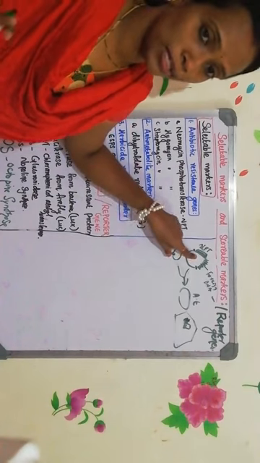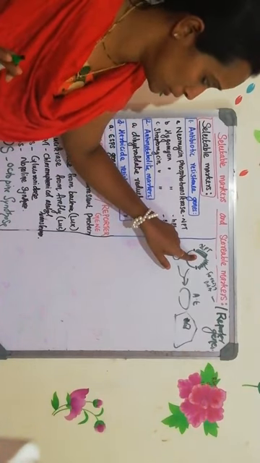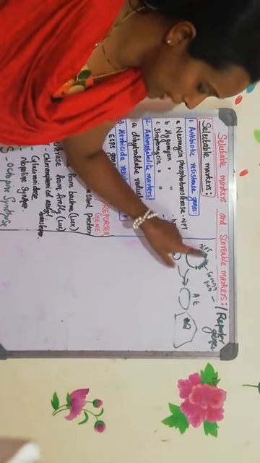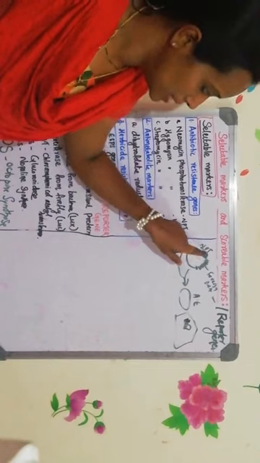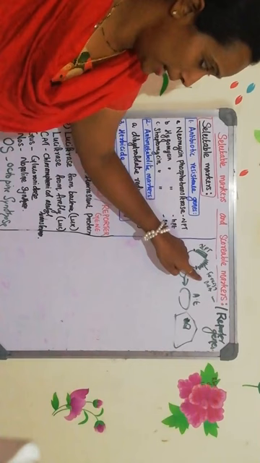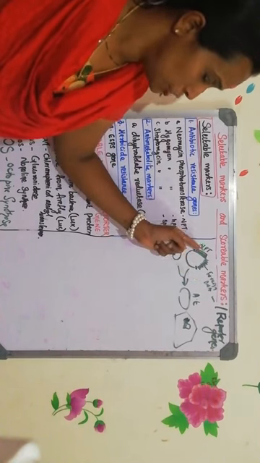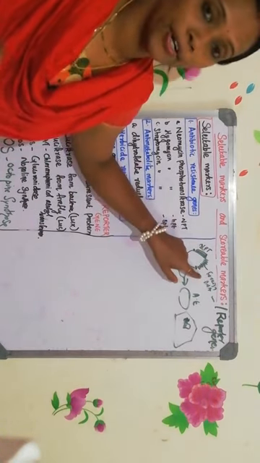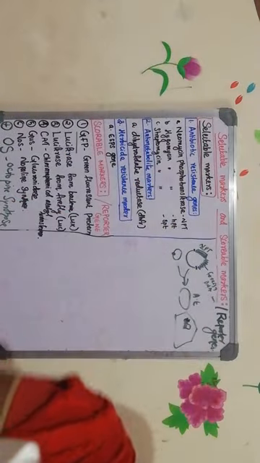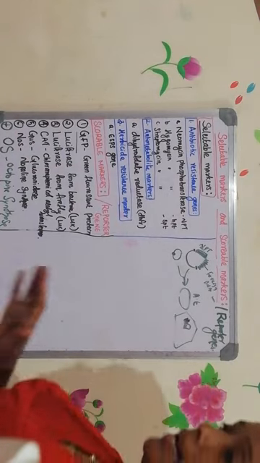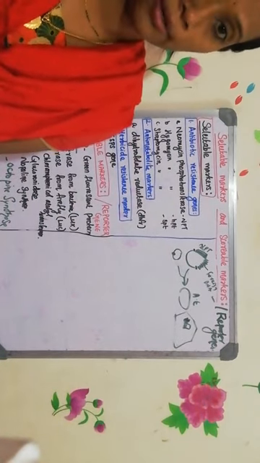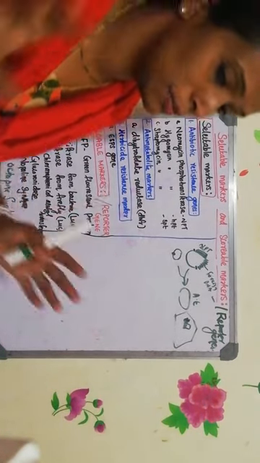In the case of Agrobacterium tumefaciens, I think all of you are clear. The tDNA, which is there in between the left and the right border, only that portion will be entering into the plant cell. That tDNA has the NPT. Now we have to select the cells which have the foreign DNA. Wherever the neomycin phosphotransferase is there, the foreign DNA will be there, because both are under the control of the same promoter. In yesterday's class we discussed the cauliflower mosaic virus promoter and the ubiquitin promoter. So these two genes will be under the control of a specific promoter, thereby both will be expressed together.